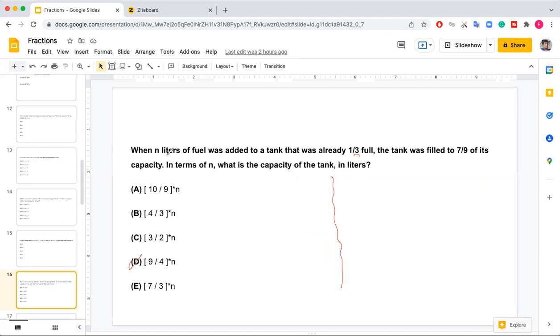First of all, we have n liters of fuel added to the tank that was already 1/3 full. So we have a tank, and let's call the capacity of the tank, for example, C. C is the actual capacity of that tank. And when we are adding,